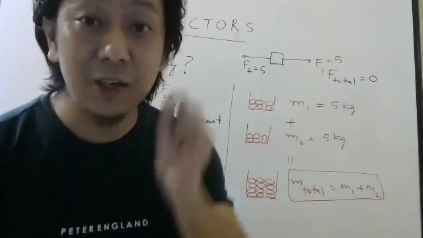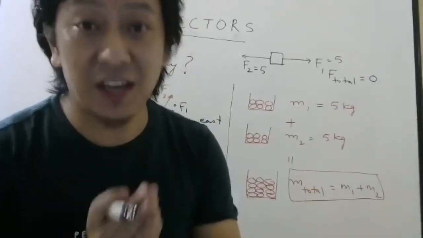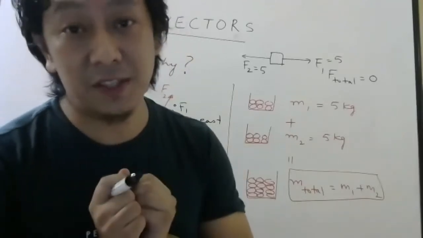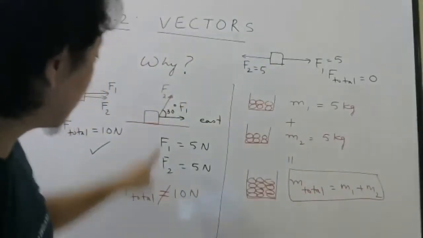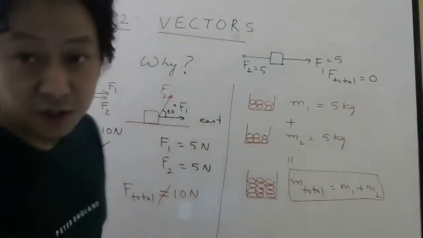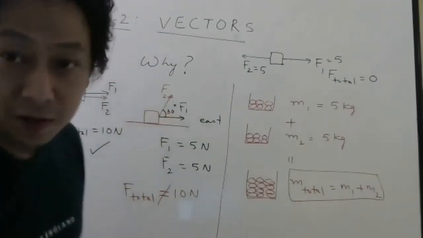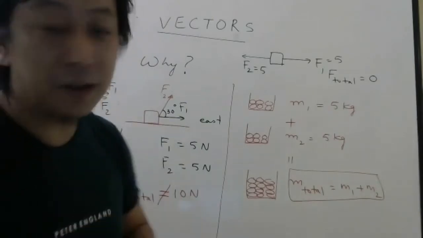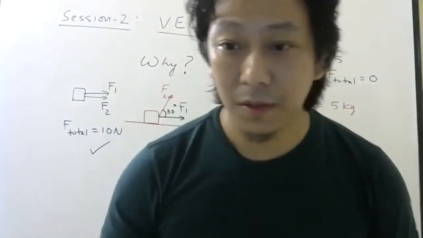So even if I am asking for the total, you are not simply going to add, you have to check their directions. So this is where vectors come into the picture. The knowledge of vectors will help you to answer such questions. Meaning, I am applying a 5 Newton force, you are applying a 5 Newton force at an angle of 30 degrees. What is the total force? The answer will be understood after we learn about vectors.